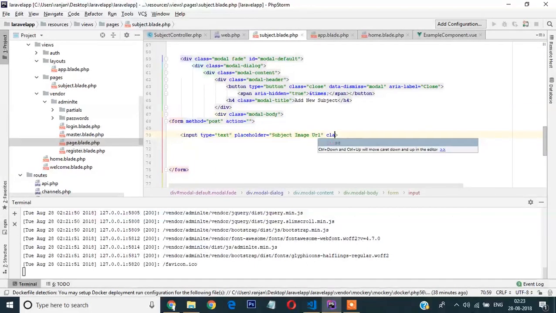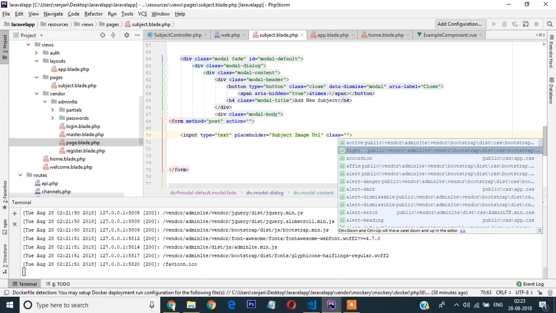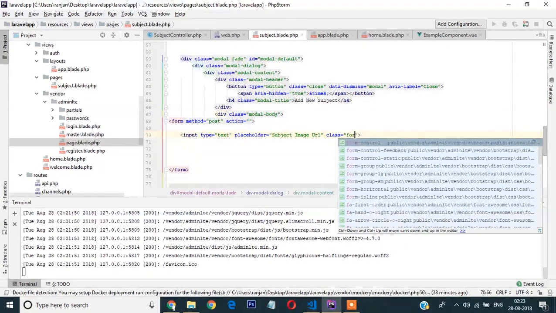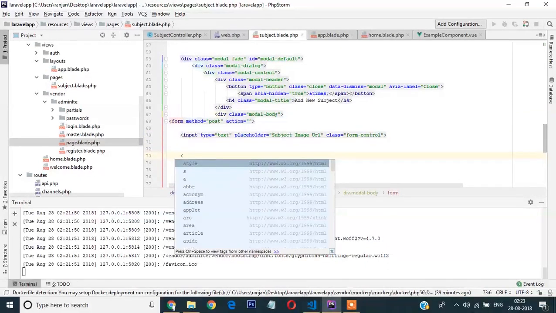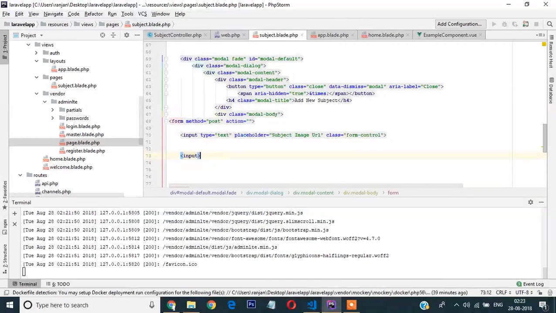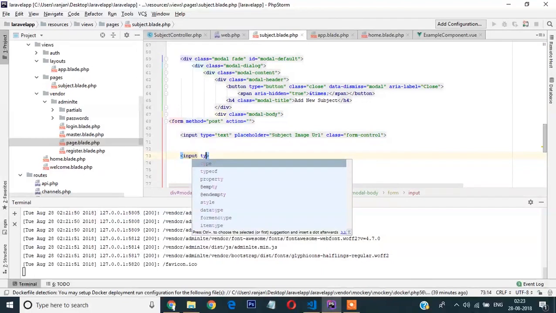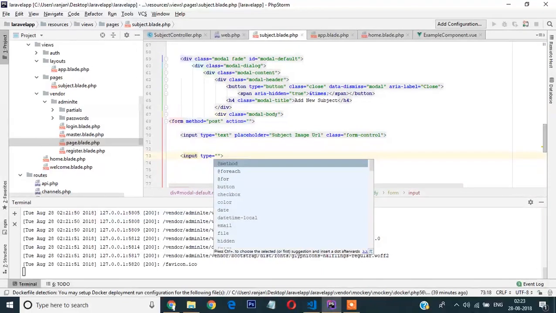I'll give it a class so that it should look quite better. It is form control, I suppose. Basically, admin uses Bootstrap as a base framework for the UI. So next thing is input type text